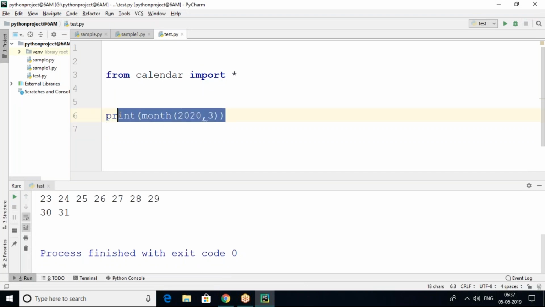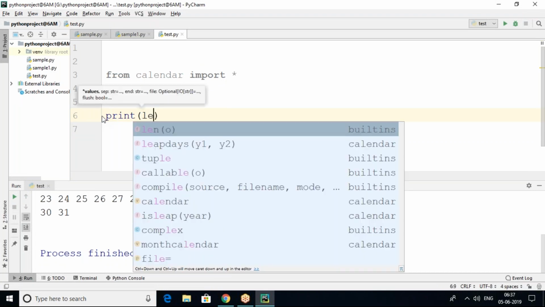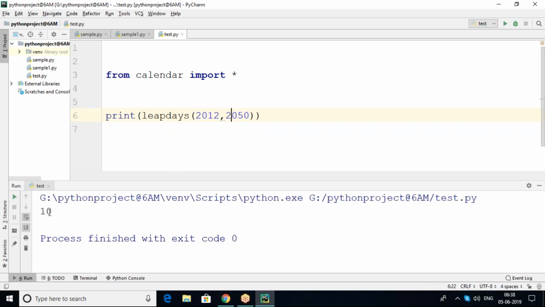Suppose you can see we have the calendar, print leap days between 2012 to 2050. Leap days in the sense how many leap years we have from 2012 to 2050, that many leap days will come. You can see 10 leap years will be there.